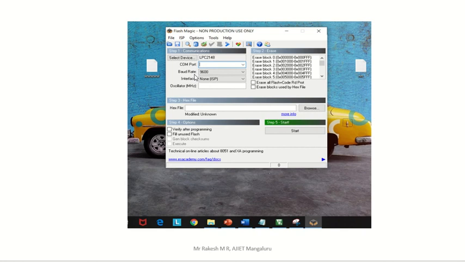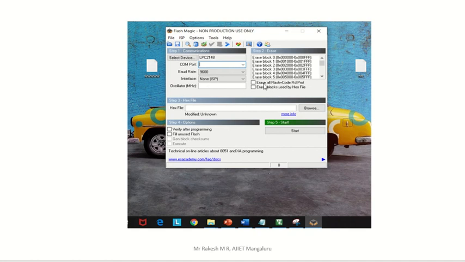Then baud rate is there. Baud rate is fixed at 9600, that is required for our kit, so keep it as it is, 9600. Then nothing here. Next is interface. Don't do anything, keep it as it is. Whatever is here, keep it as it is. Then oscillator in megahertz. The oscillator in our kit is 12 megahertz, so you have to click here, otherwise type 12 here. Megahertz is already the default, so type 12 here.